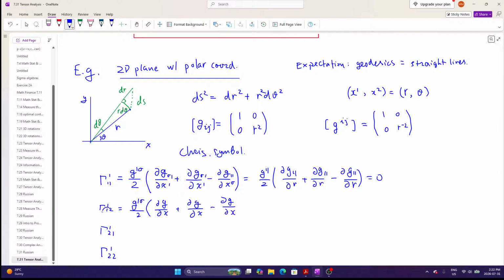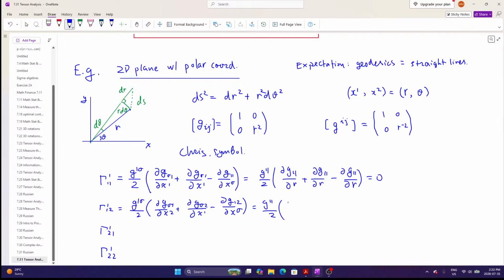Okay, 1, 2 in the bottom of big gamma, so you get dg1,2 over dx sigma. Then put the sigma in the little g, and the first two terms, 1 over 2, 2 over 1, interchange. So there's this pattern going on. Looking at this expression, you just need to write down the terms of the summation. As earlier, only one term is non-zero, so you get just g11 over 2,